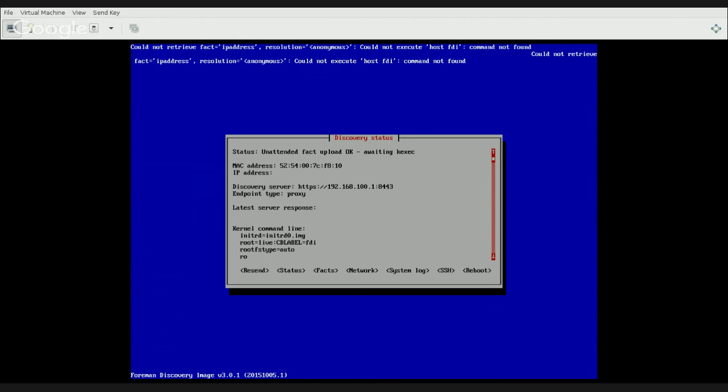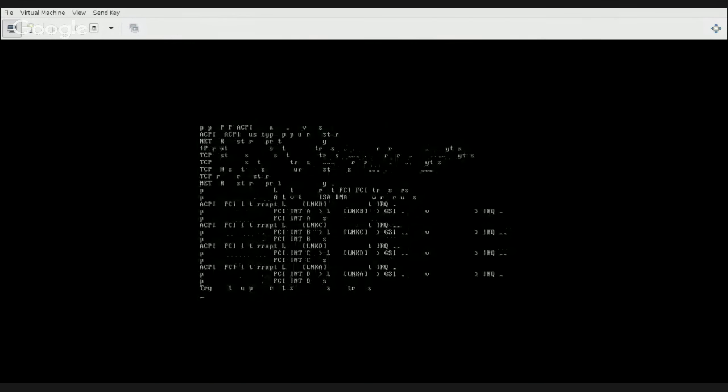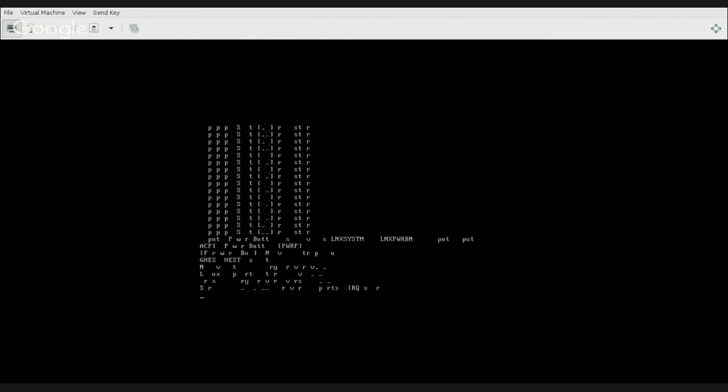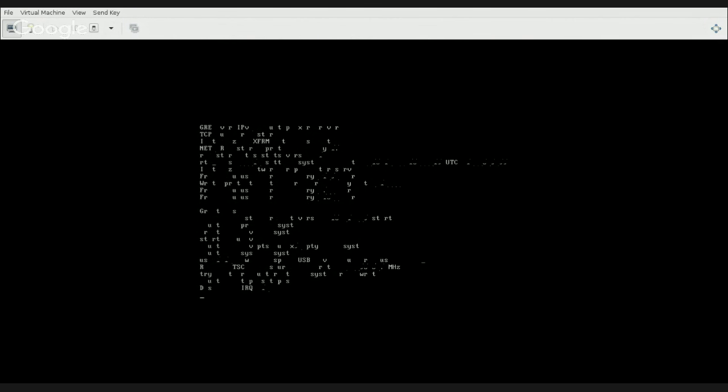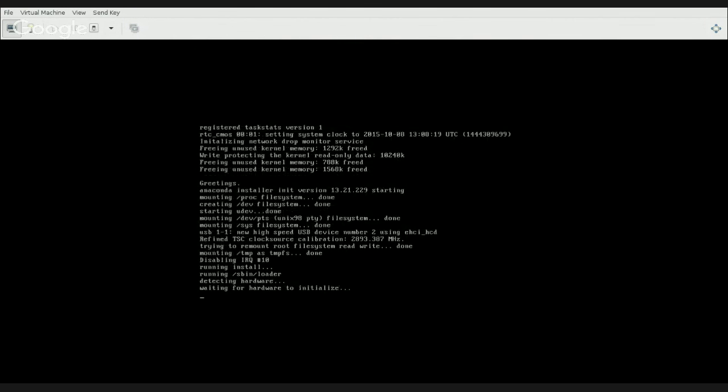Now I'm on my next screen, which you don't see. I'm switching over to my discovered host list, and I'll click on auto provision. And in a second, we'll see the kernel replaced with Anaconda. Normally you can turn on auto provisioning in the discovery settings, global settings, but I have